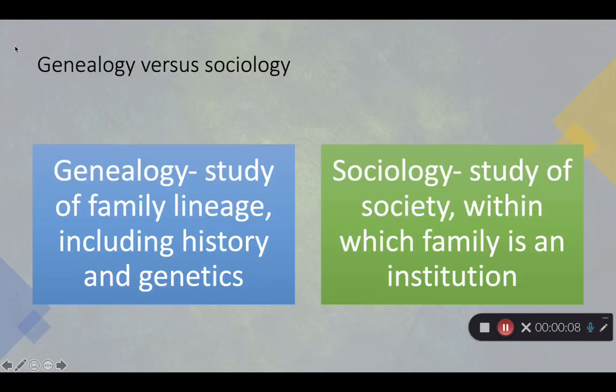To begin, the book compares genealogy versus sociology. Genealogy is specifically the study of family lineage, including history and genetics. And now they're doing some really cool DNA testing and being able to trace our families back even more so with genes than we could in the past. But we've always been able to do at least a little bit of tracking our family tree, which is always